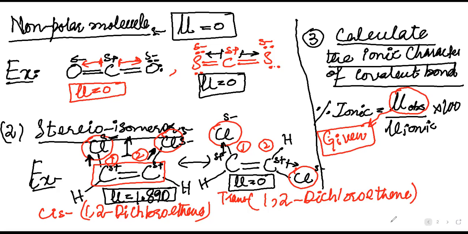फर्स्ट ऑफ ऑल आपको इस कंपाउंड की नेमिंग आनी चाहिए। कार्बन नंबर 1 पे भी Cl और कार्बन नंबर 2 पे भी Cl है, दो Cl हैं। 1 2 डाइक्लोरो, दो के लिए डाई वर्ड यूज करते हैं। दो कार्बन में डबल बॉन्ड है, इथीन होगा। तो इसका नाम होगा 1 2 डाइक्लोरोइथीन। बट देखें तो एक स्ट्रक्चर में क्लोरीन सेम साइड पे, एक स्ट्रक्चर में अल्टरनेटिंग पोजीशन पे क्लोरीन। अगर सेम साइड पे क्लोरीन हो उसे कहते हैं सिस फॉर्म, और अगर अल्टरनेटिंग पोजीशन पे